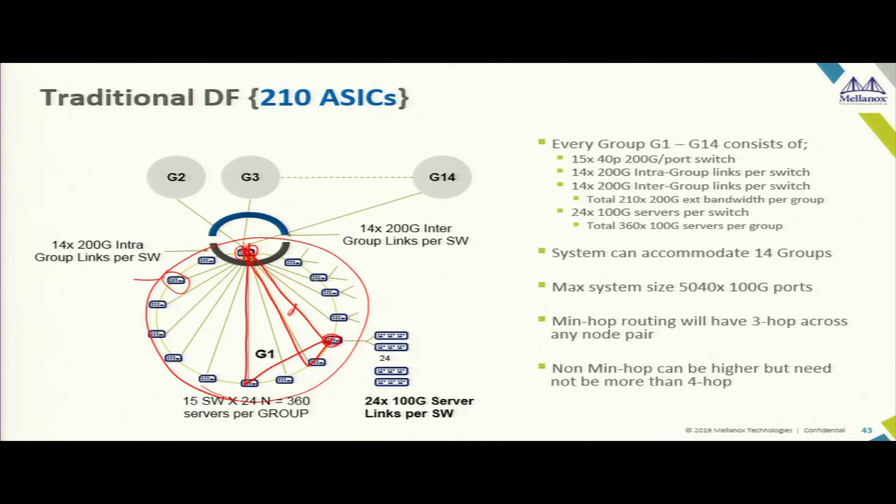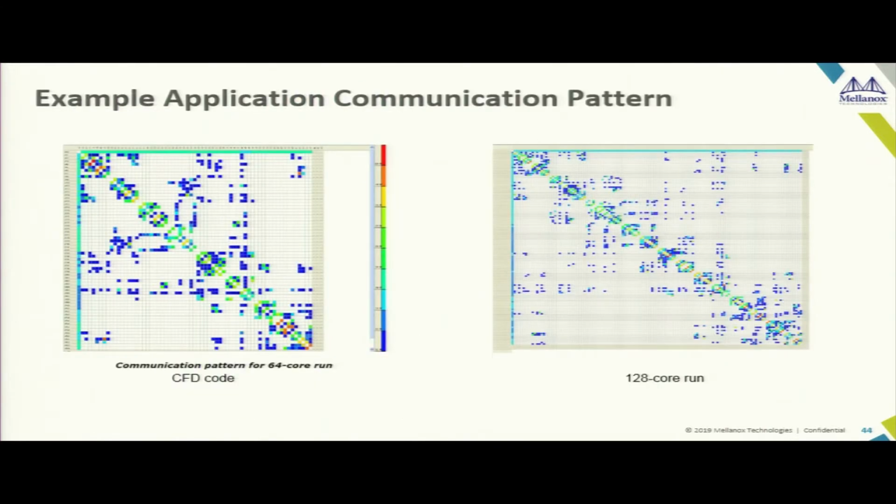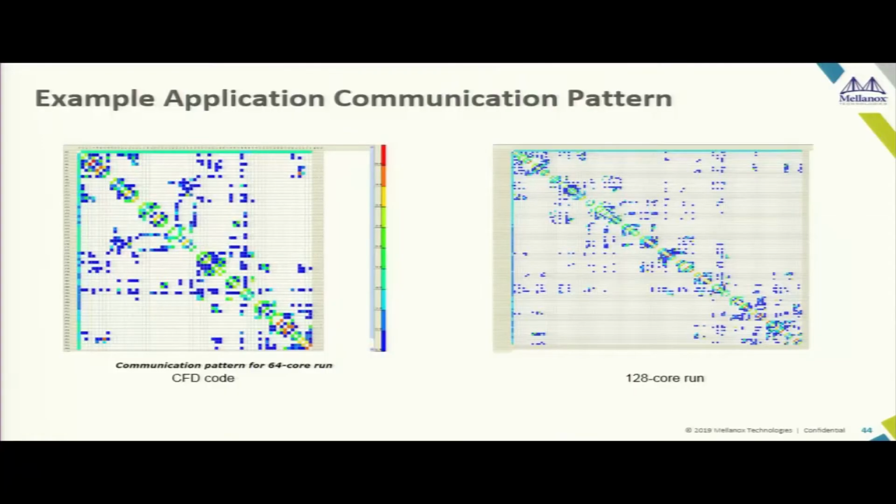So there are always good points and bad points. There are always compromises. I will never say that this is the best and this is the worst. It all depends on your application and use cases. So how does the connectivity affect your application? Now that's a very important question, because depending on your application's communication pattern, every server does not communicate with every other server. This heat graph basically shows a 64-core CFD run, which is not done in the Fourier domain.